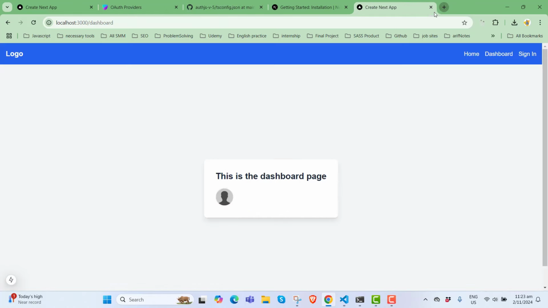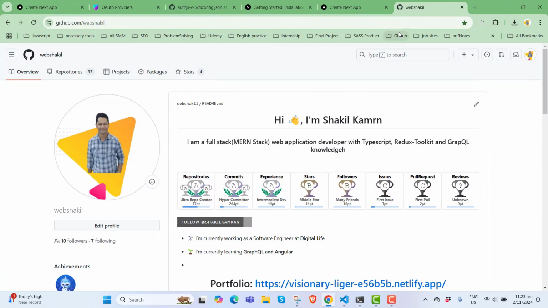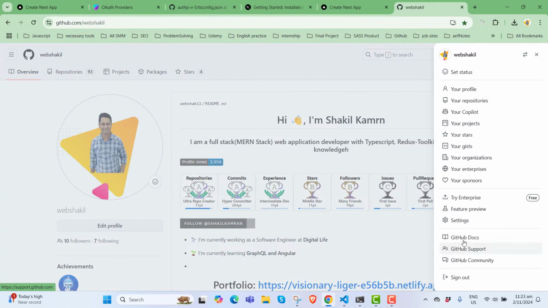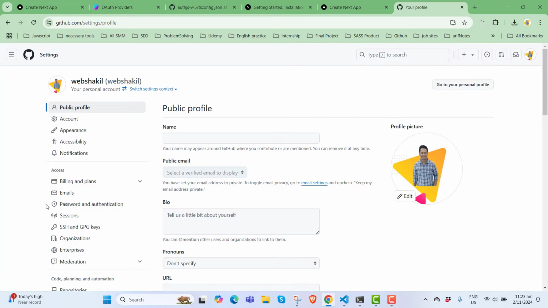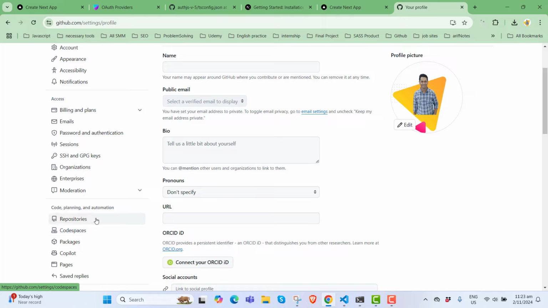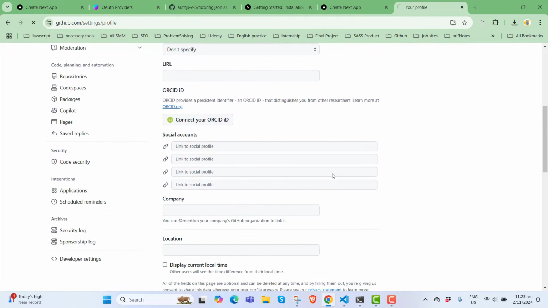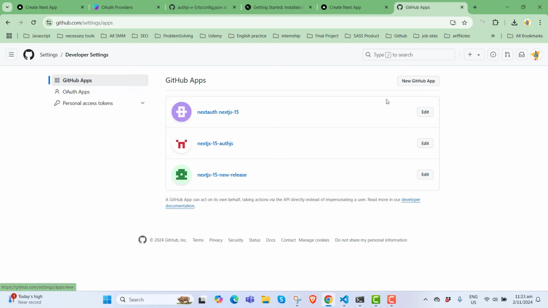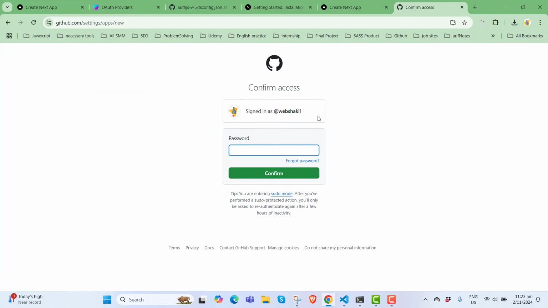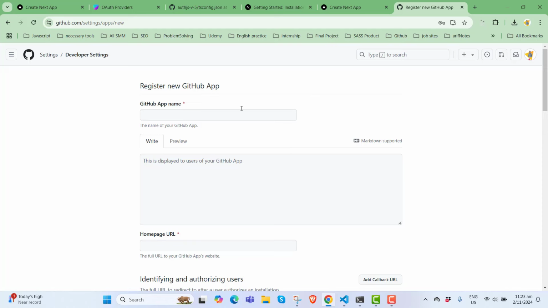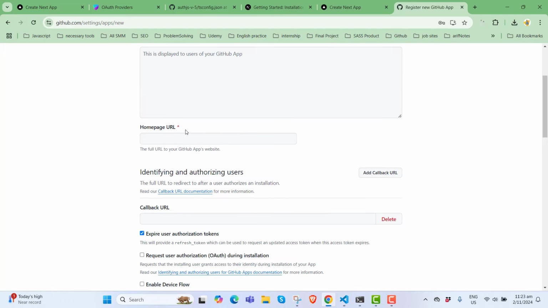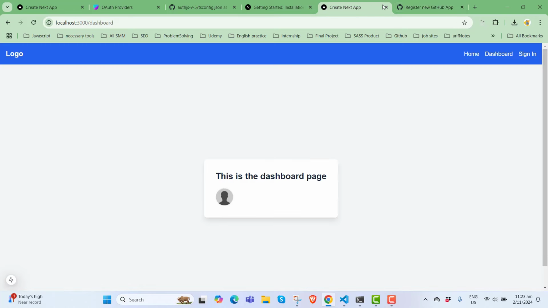If you go to the GitHub, you need to go to the settings, and then to the developer settings, and create a new GitHub app. I have already done it, so I am not showing you from scratch. So you have to authenticate. Then you have to give it a name, any name, and a homepage URL. This is your homepage URL,